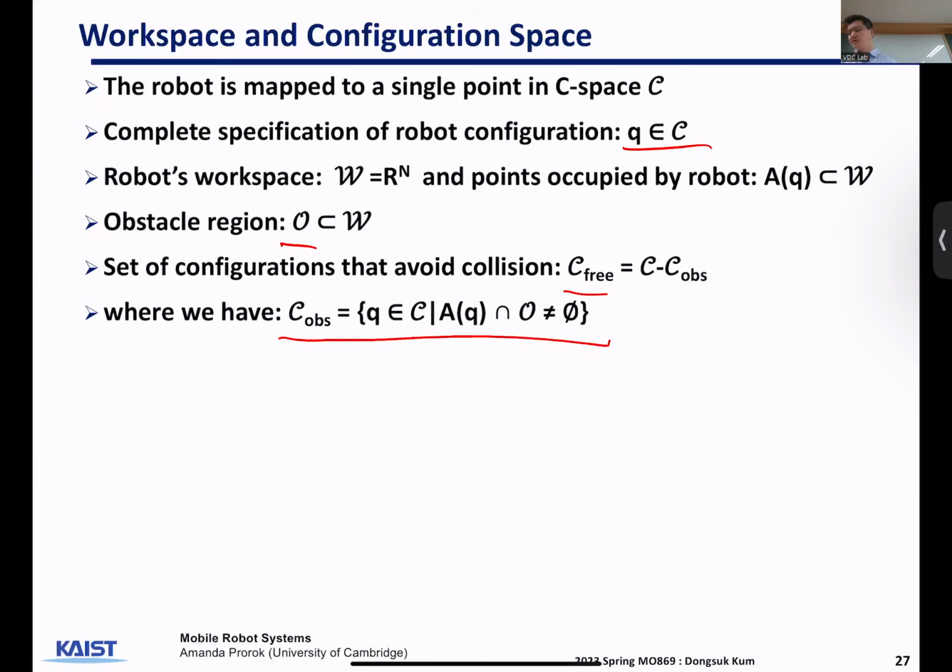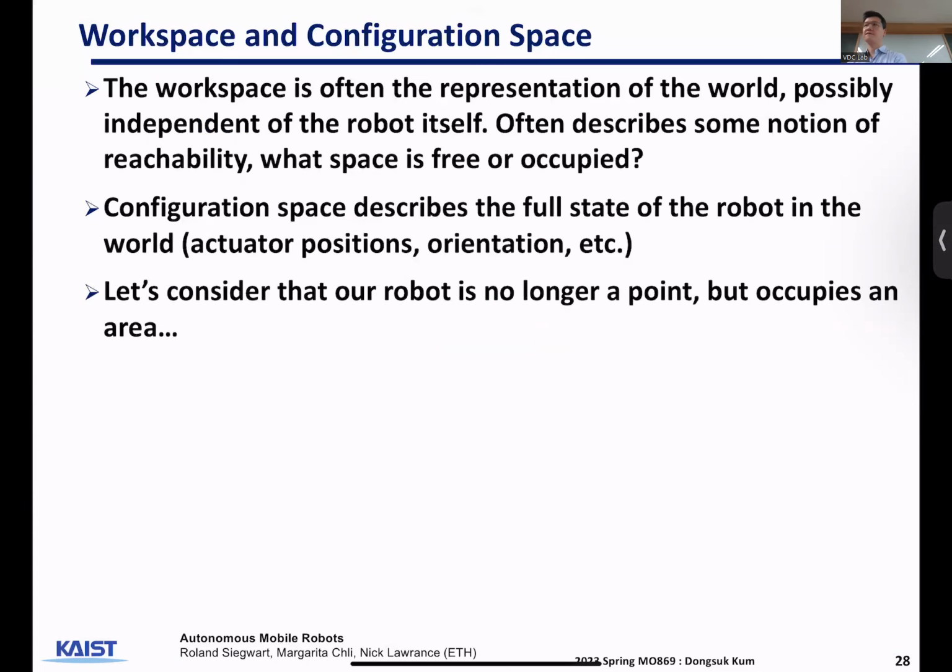So it simply means robot should not have any intersection with obstacles. I'm sorry, so configuration space that intersects with obstacles. So the free configuration space would be configuration space minus that obstacle space. Okay. I have a figure that